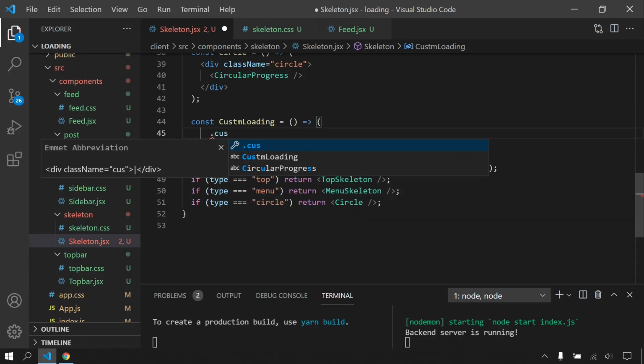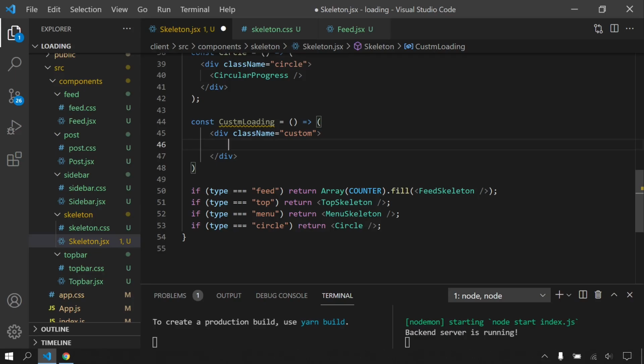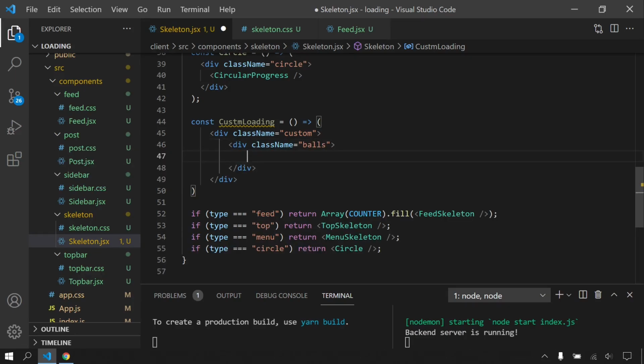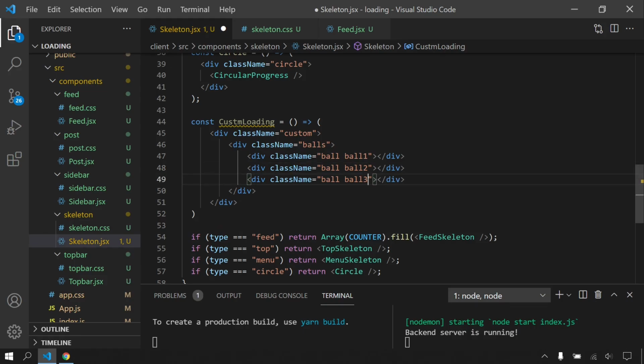Firstly, I'm going to create a custom div. It's going to be our main div, and I'm going to say balls div, and inside these balls there will be 3 balls: ball 1, ball 2, and ball 3.